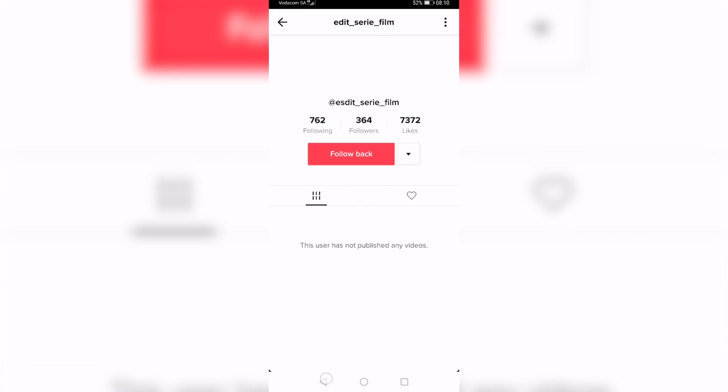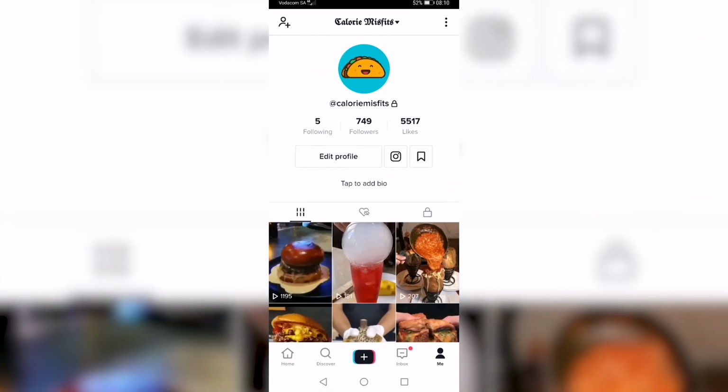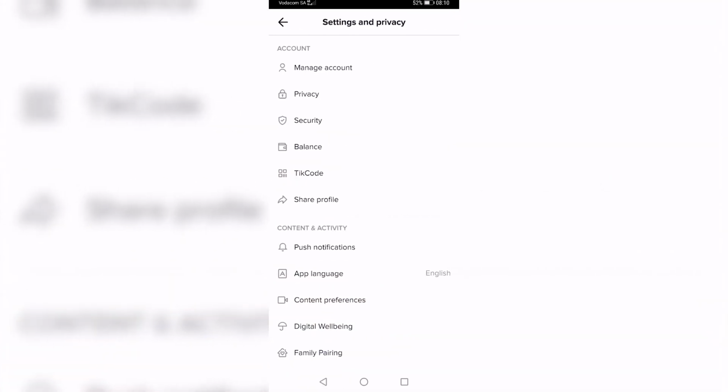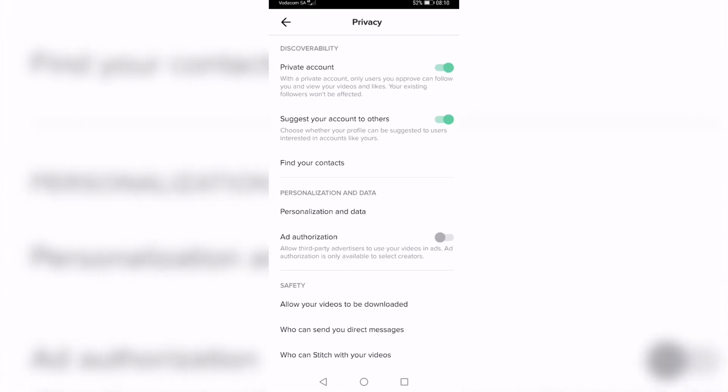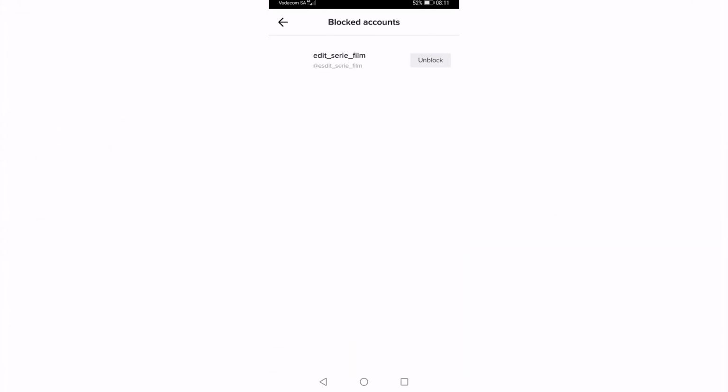And to be able to see your blocked list, all you need to do is go back to your profile, tap on the three vertical dots at the top right once again. Then you want to tap on privacy. Then you just want to scroll all the way down till you see blocked accounts right at the bottom. And here you can see the account that you just blocked, and you can go ahead and unblock them from here if you so decide. So that is how you would block